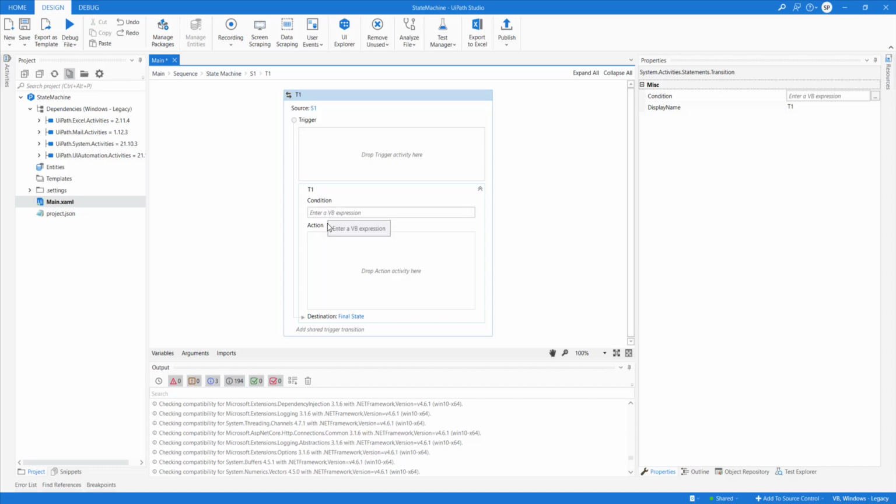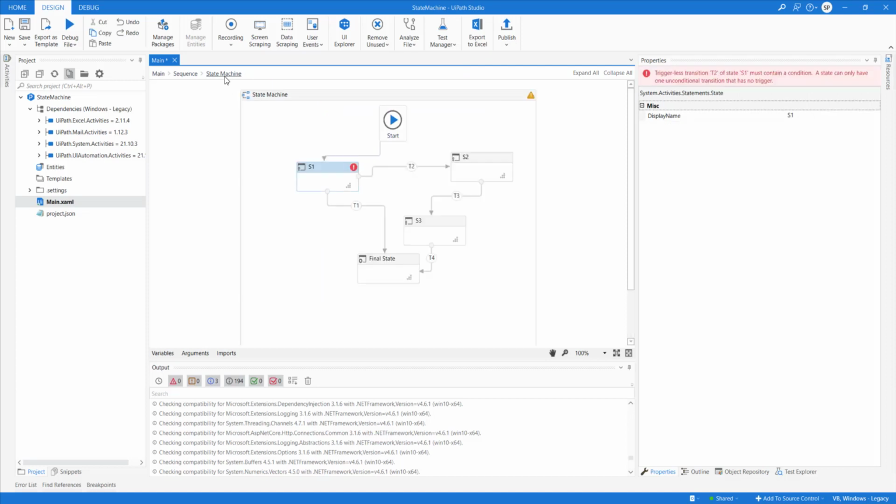So on the basis of condition, it will move to the next step. That's the only thing that you need to remember now, right? And then when we look at the RE framework, I'll explain how to define the condition and all those things. Just keep in mind, for a state machine to work, there will be a start node. For a state machine to work, there will be a final state. And then there will be other states.